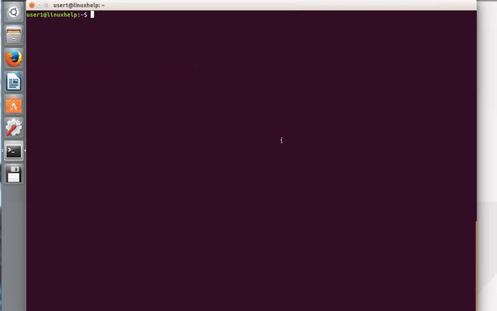So at first we need to enable the PPA repository. For that the command is sudo add-apt-repository, and the repository name is ppa: colon, and we have to mention the name, kubuntu-ppa/backports. So now just hit enter, and it will ask for the password,